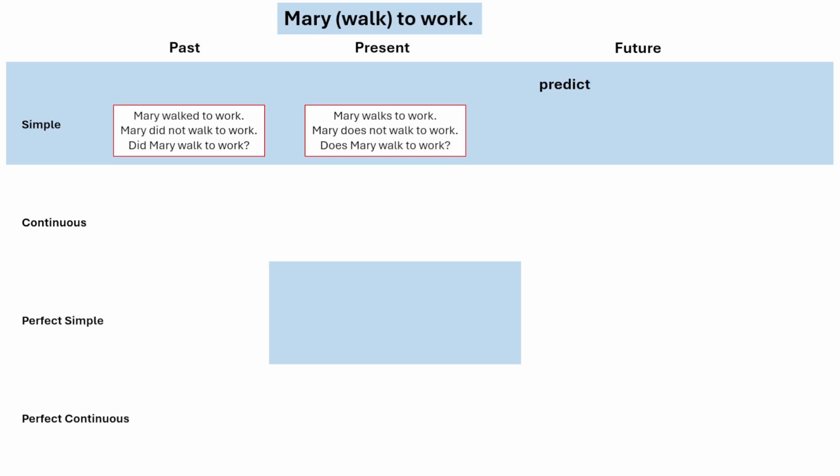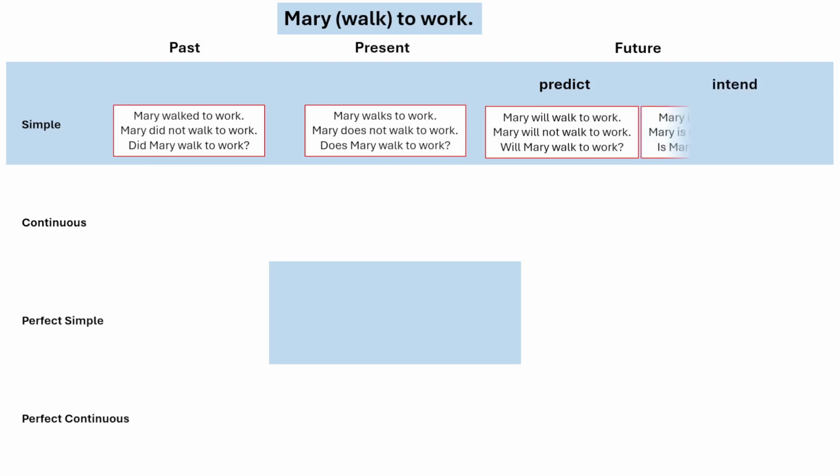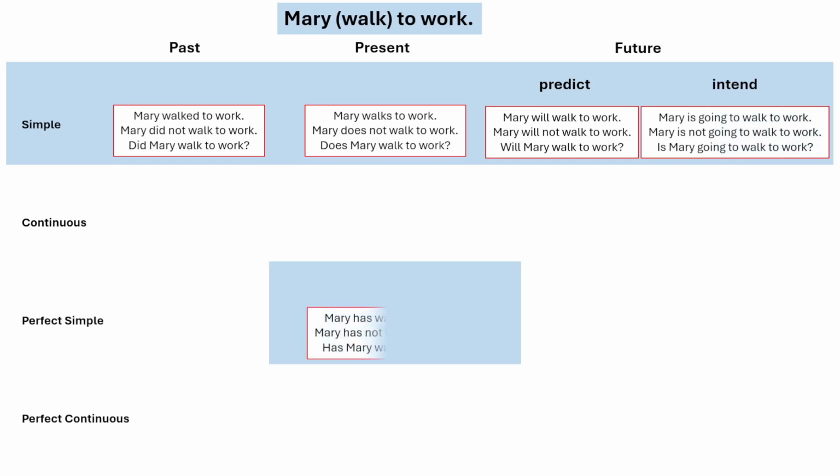In the future, if we're predicting something, we say Mary will walk to work, or Mary will not walk to work, or will Mary walk to work. And if we know her intention, we say Mary is going to walk to work, Mary is not going to walk to work, and is Mary going to walk to work? In the present perfect, we say Mary has walked to work, Mary hasn't walked to work, and has Mary walked